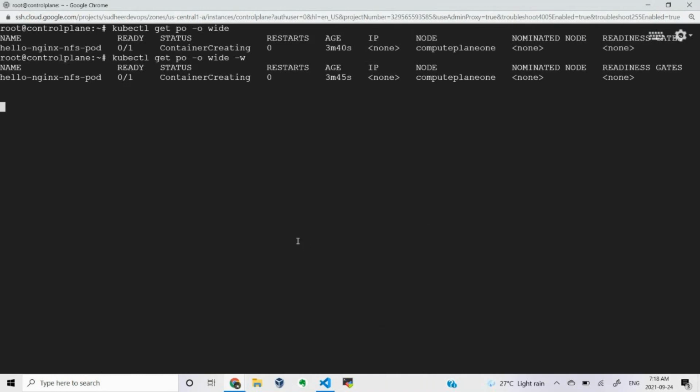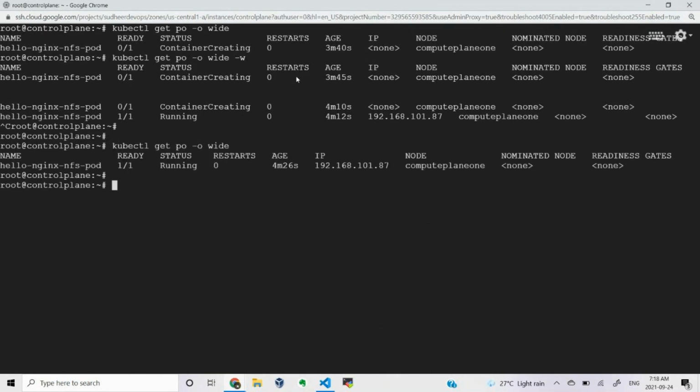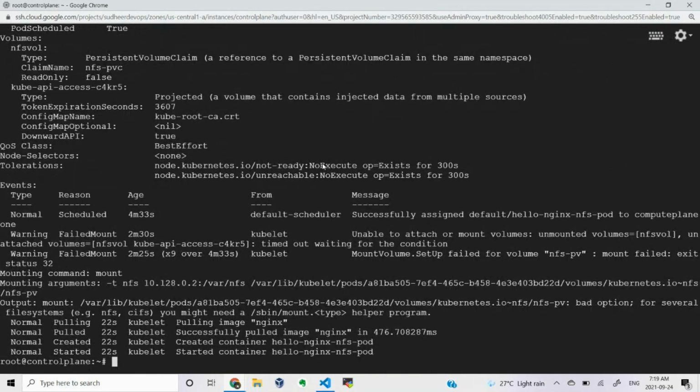By looking at this only, we can understand it is not getting restarted. So what we have to do? Oh, it identified. Yeah, you can see it is successful. Done. You can see now your pod is running successfully after I fixed that particular issue. If you try to give a describe, you can see now it got mounted successfully. It is able to pull the image, and after that it was able to continue with creating the container and running the container. So this is how it is.